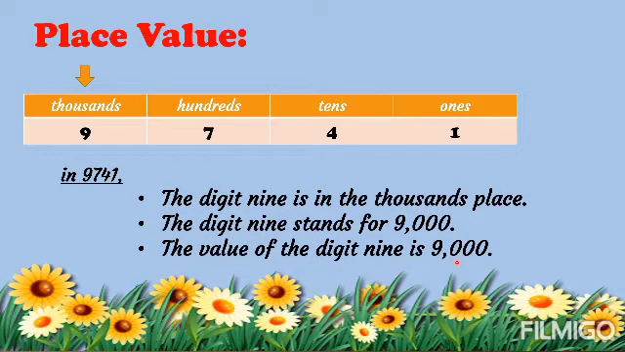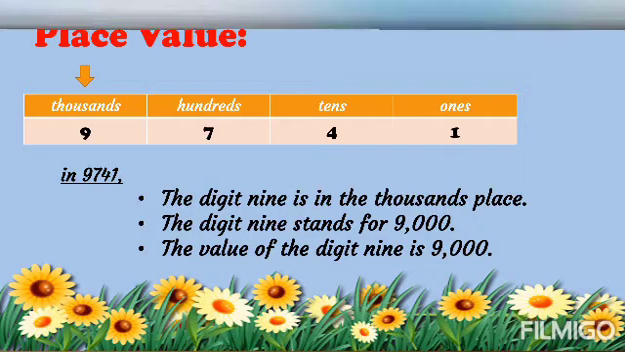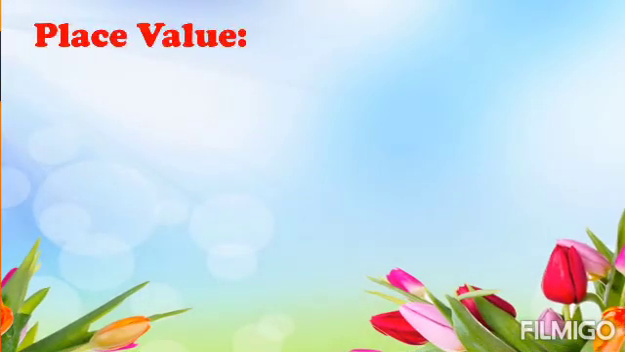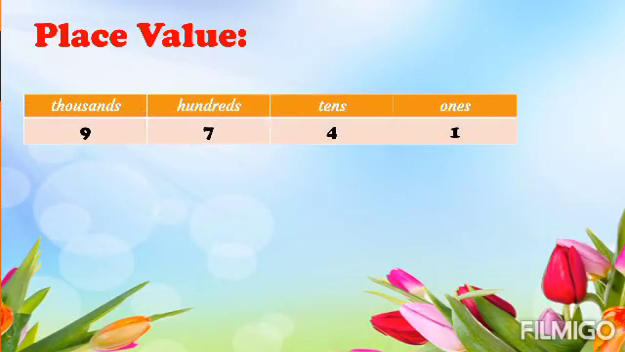So class, I want you to know that place value and value are different from each other. When we say place value, that is all about ones, tens, hundreds, and thousands. And when we say value, class, that is the value of the given number. Don't be confused on the two words. So we are done with the thousands place, and let us now proceed